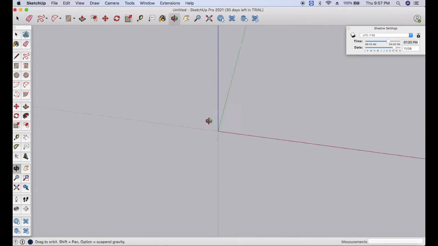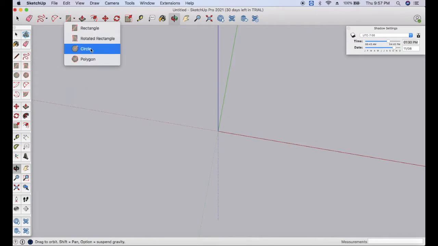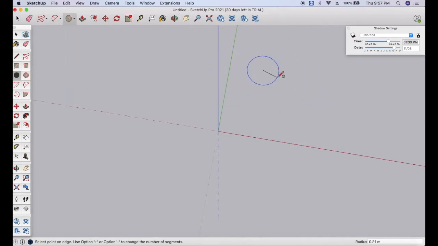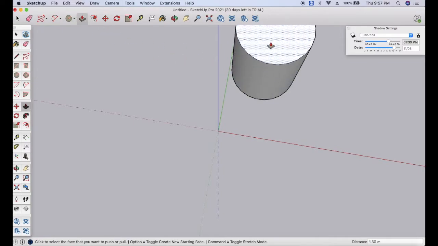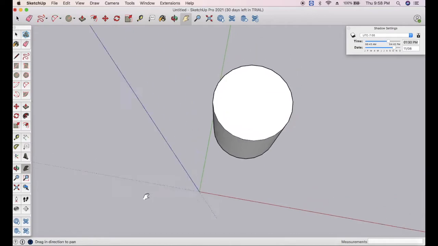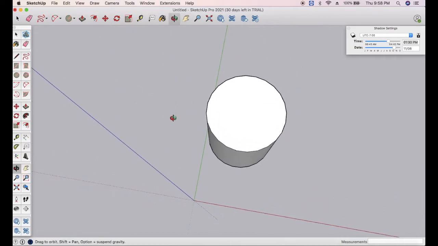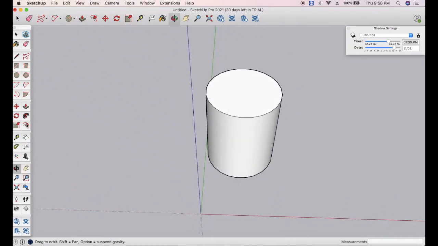So let us form another circle to practice the same. So let us make a circle. Use the push pull to give it a height. Now let us use the offset command. Now for using the auto fold, we need to click on the move option.